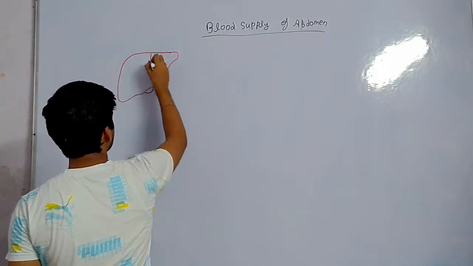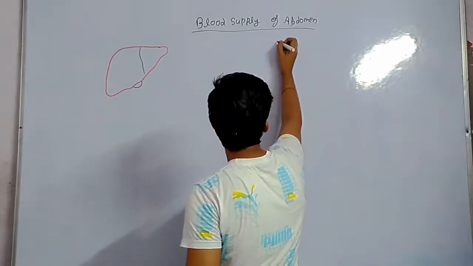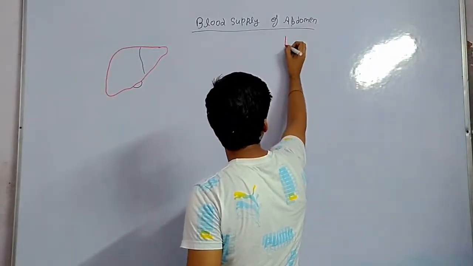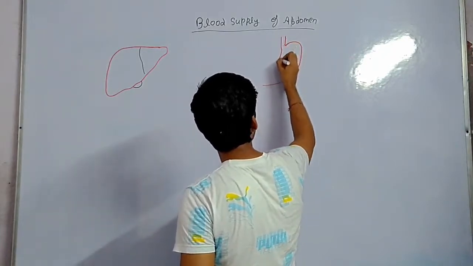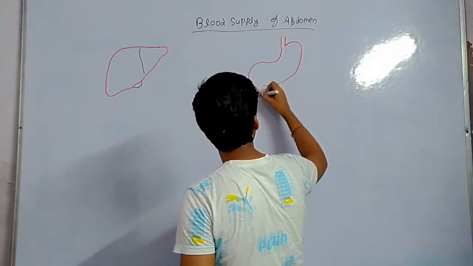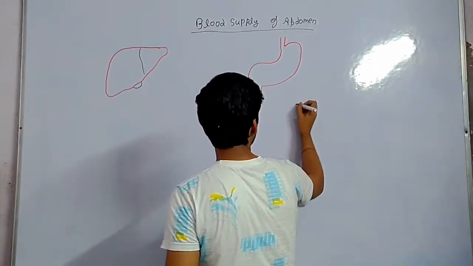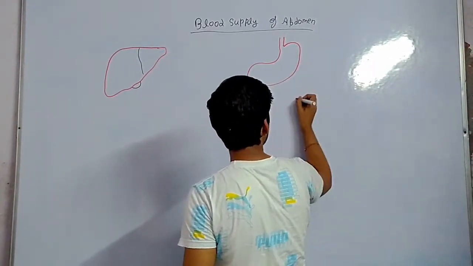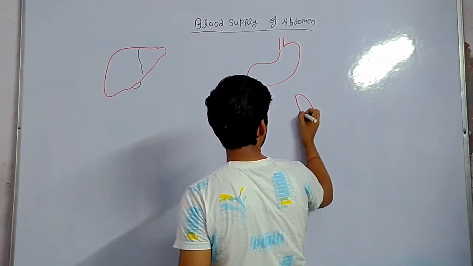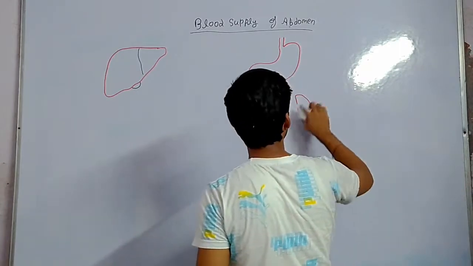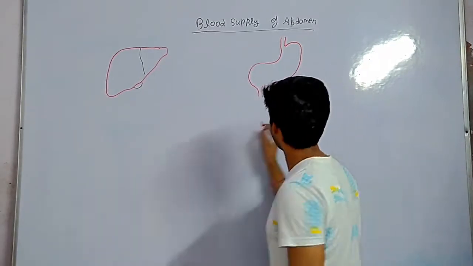Then this is the liver, and the other organs: stomach, spleen. These are basically the organs of the abdomen. Pancreas,